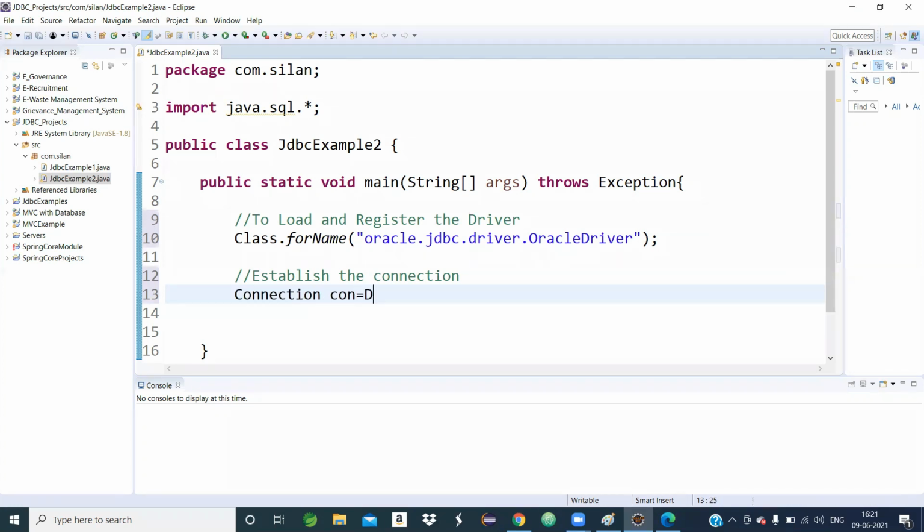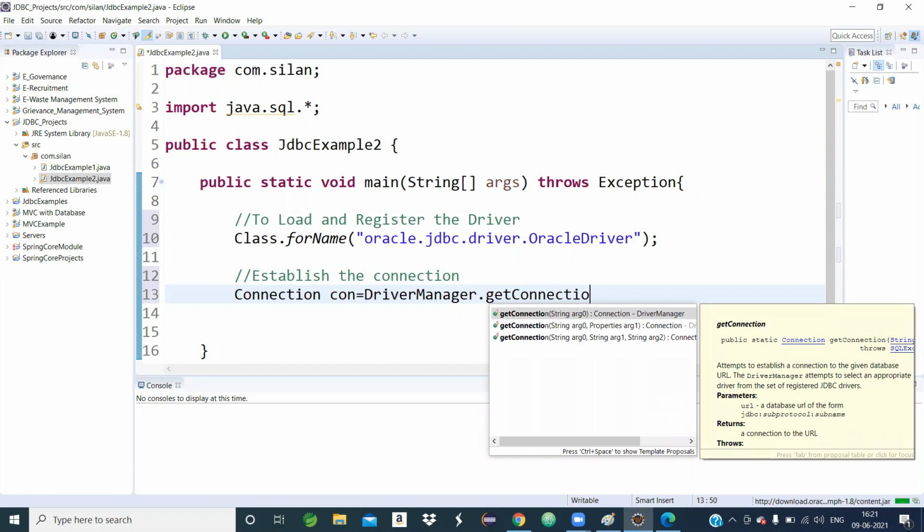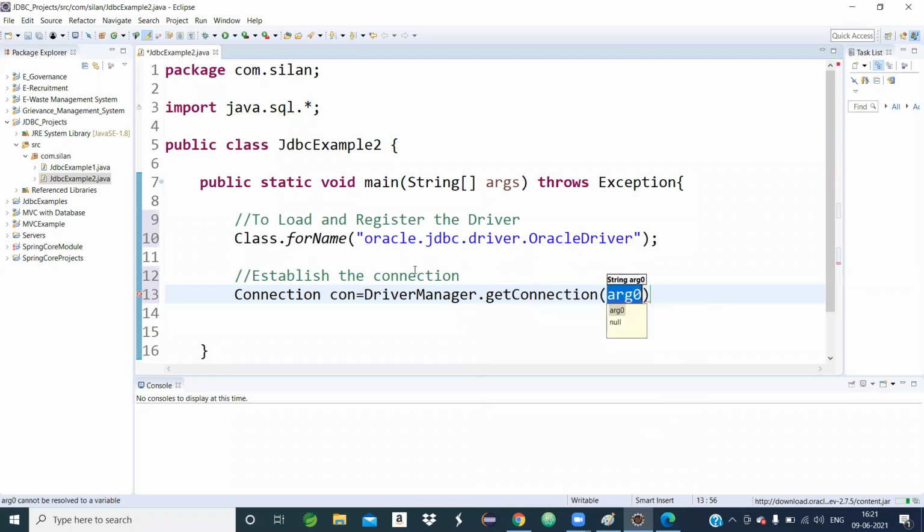Connection con equals DriverManager.getConnection. The getConnection method is a static method, because it is directly invoked by the DriverManager class. When getConnection is invoked by the DriverManager class, it returns a Connection object.